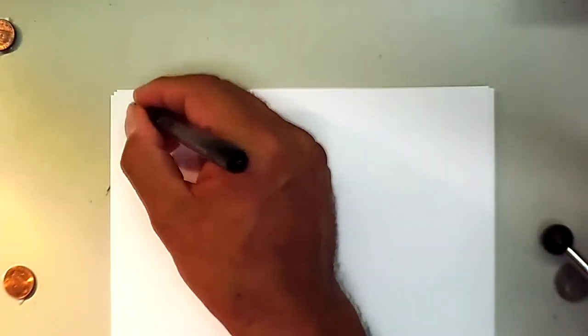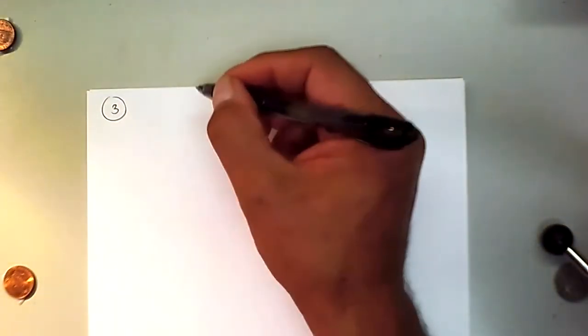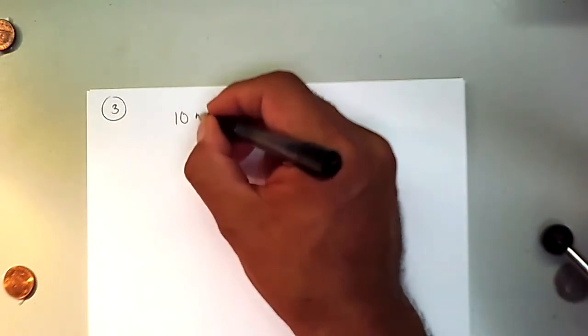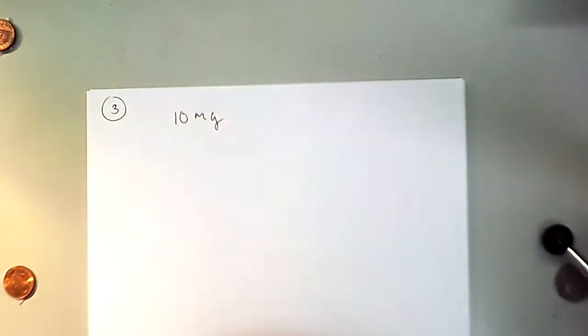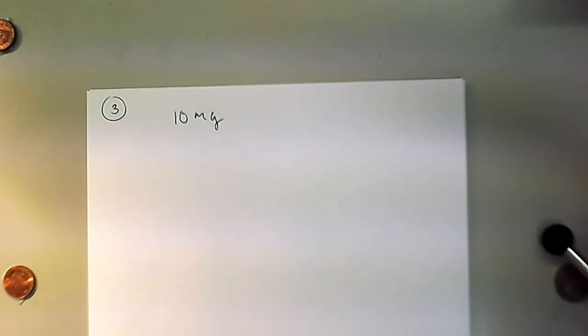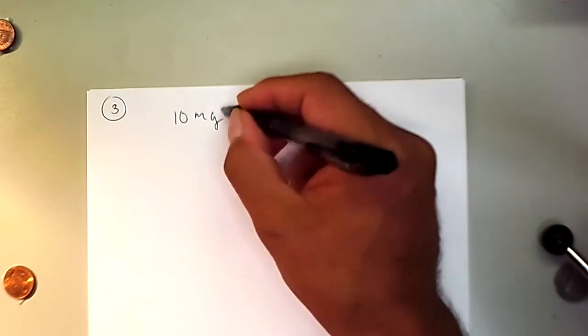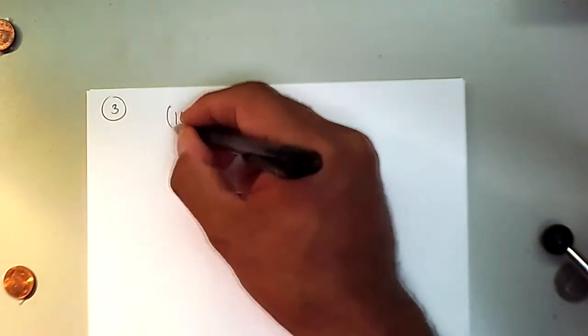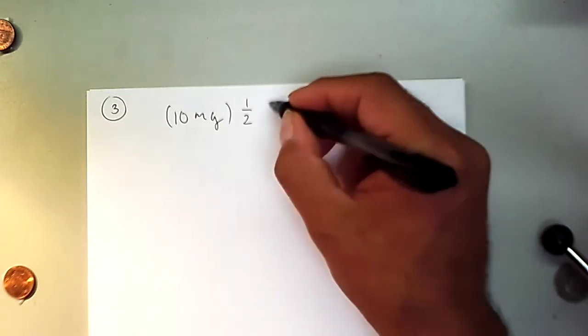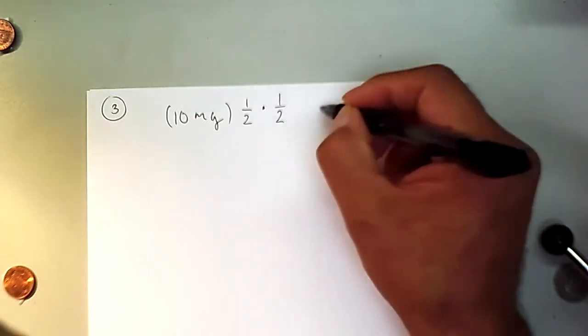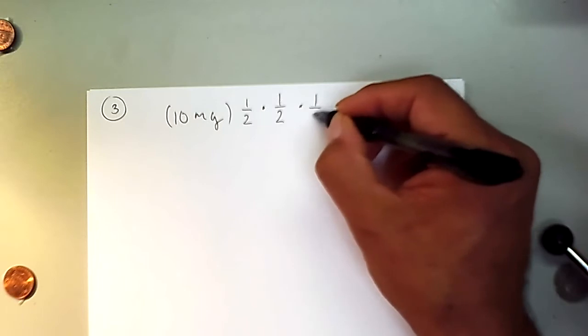And the same thing happens with decay. So let's say you take a medication. So this is example 3. And I don't know, you take 10 milligrams of a medication, and then your organs can get rid of the medication because it enters into your blood system, and maybe your kidneys and some other organs get rid of half of it per hour. So after 1 hour, you only have half of it. After another hour, you may have half of it. And after another hour, you may have half of it.